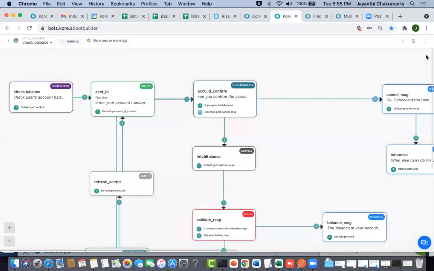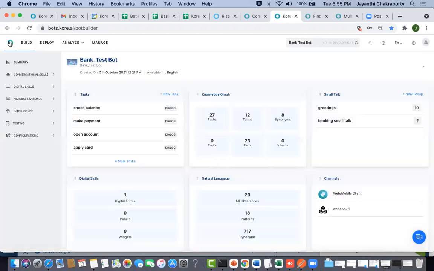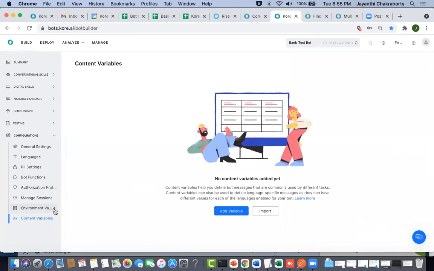So whenever you are exporting your bot from your server into a new server, you need to go and manually make changes in all these prompts and messages depending on the requirement. What is a more efficient way of handling this? In these situations, what you can do is you can create content variables where you can store your bot prompts